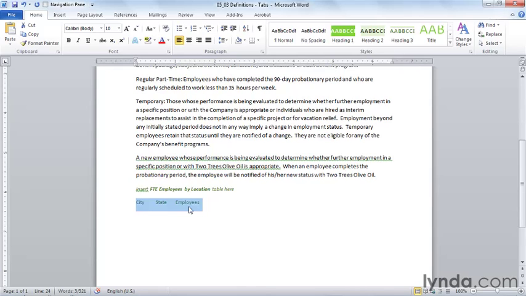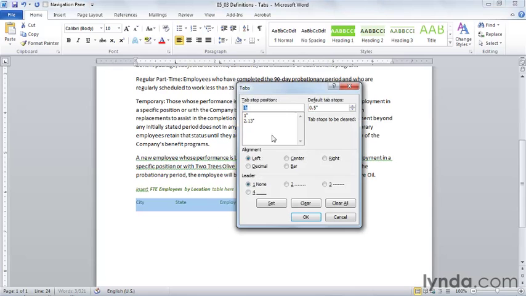I'm going to start by simply selecting the text that I have here, and I'm going to drop in a tab stop for the word state, a left tab, right here. Now I'd like a right tab for employees. I'm going to move it over a ways. This is a left tab. I have some choices about how I attack this. I'm simply going to point to the tab and double-click, and there are two tab stops, one at 1 inch